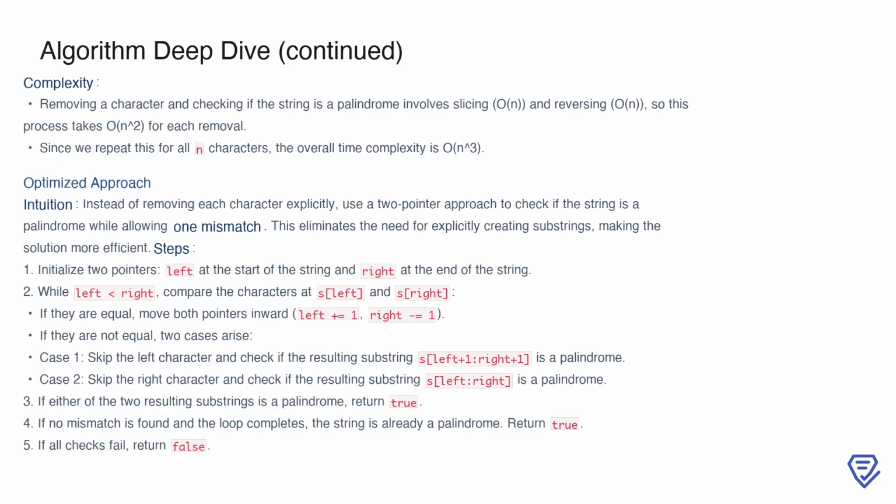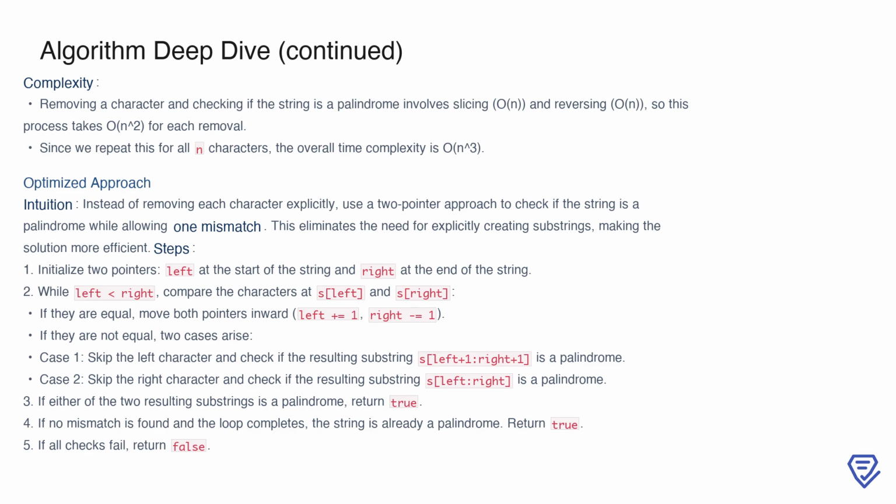Instead, we use a two-pointer technique to check if the string is a palindrome while allowing for one mismatch. The method starts by initializing two pointers at the start and end of the string. As long as the characters at both pointers match, we move the pointers inward. When a mismatch occurs, there are two options: either skip the left character and check the substring from the next left index to the current right index, or skip the right character and check the substring from the current left